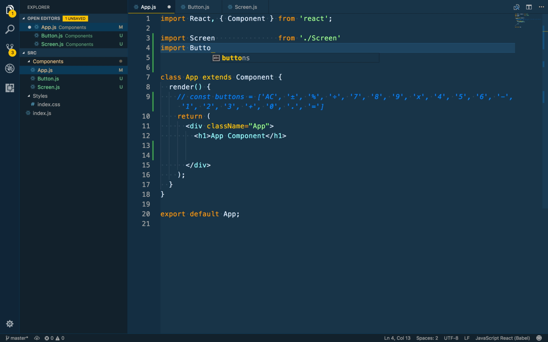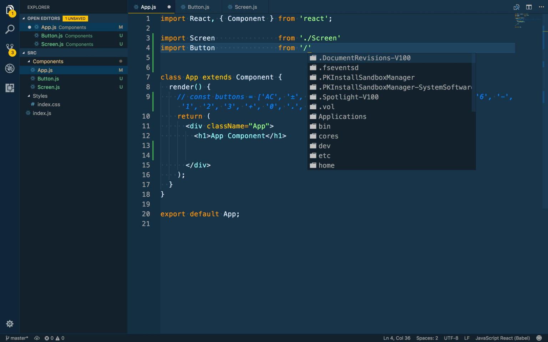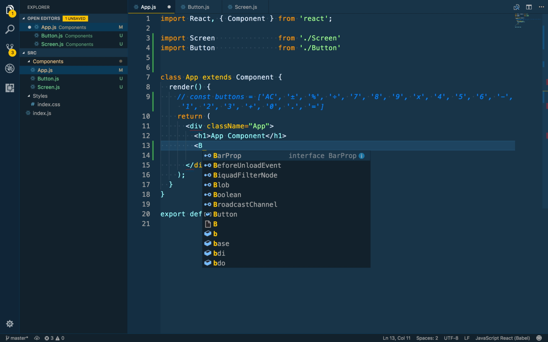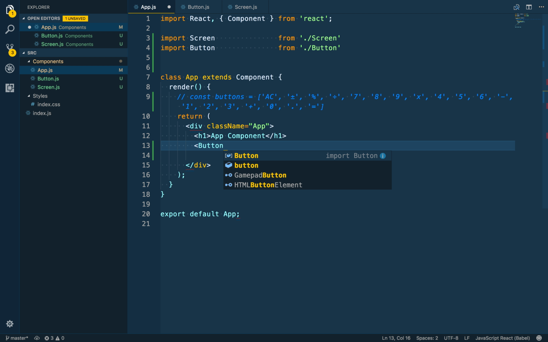Import Button from button. Okay. Now I can inject these two into this App component by creating a custom HTML tag